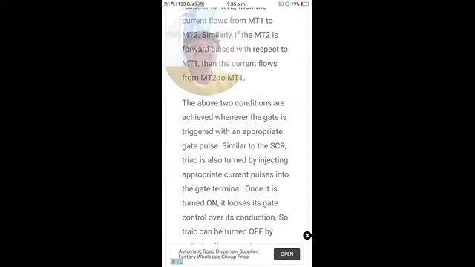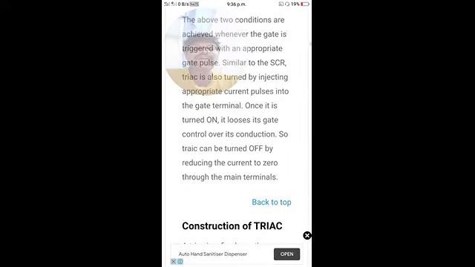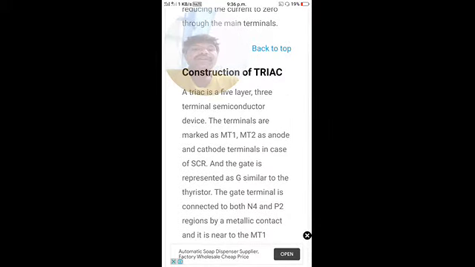So the bidirectional conductivity we can also achieve with the help of gate triggering also. So once again coming to the construction, with a small construction, MT1 and MT2 and gate